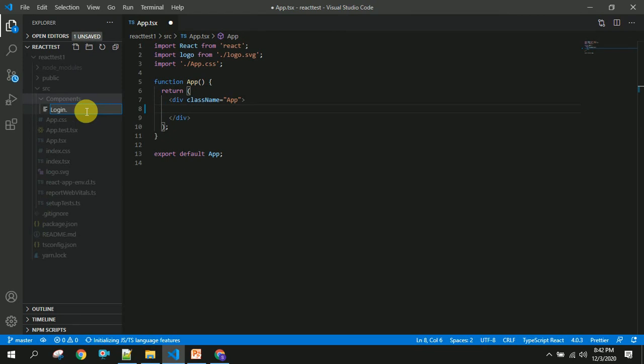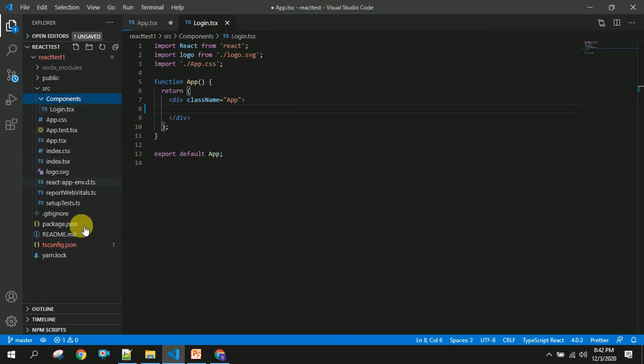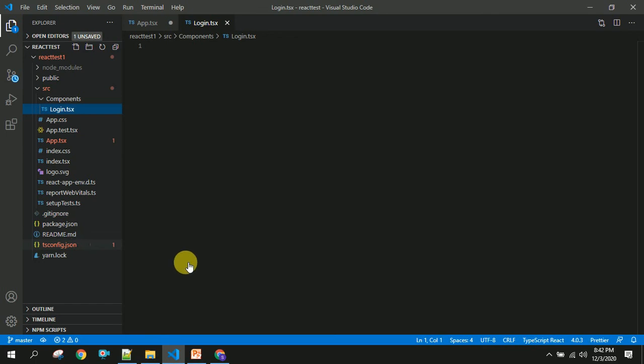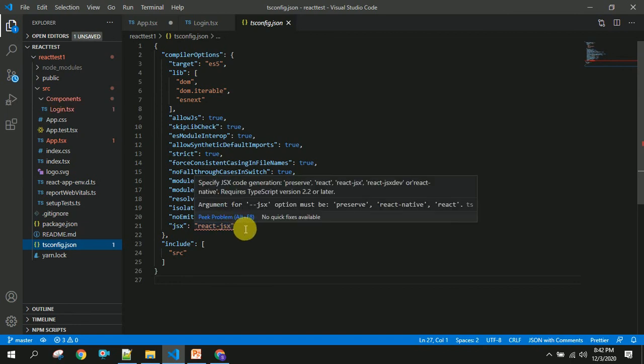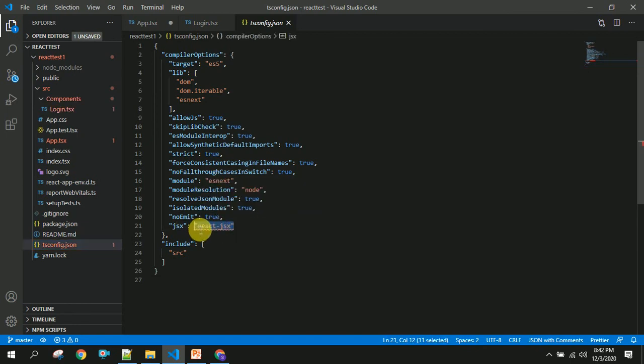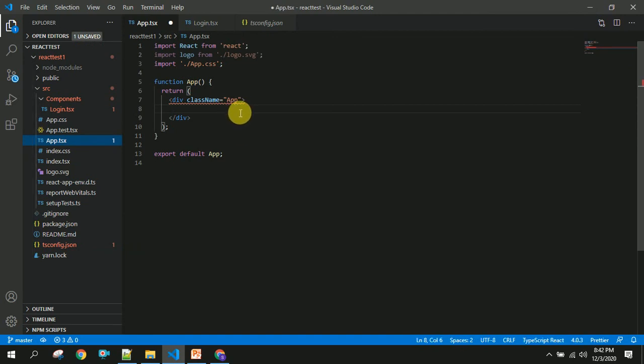Instead of JS, you have to use TSX for TypeScript. It will complain about React.js something, so you have to do some configurations here. We will see what we have to do now.